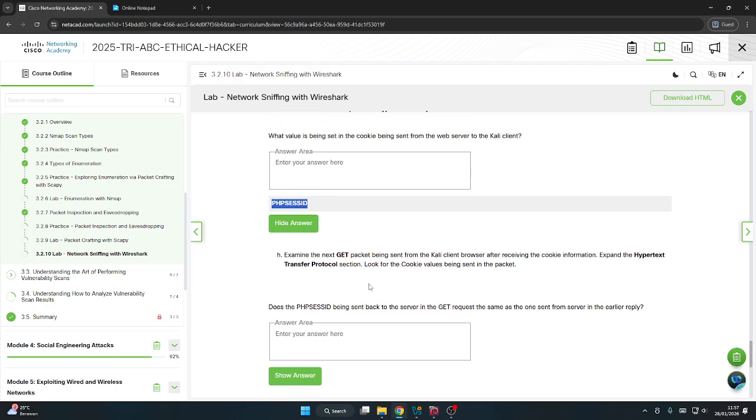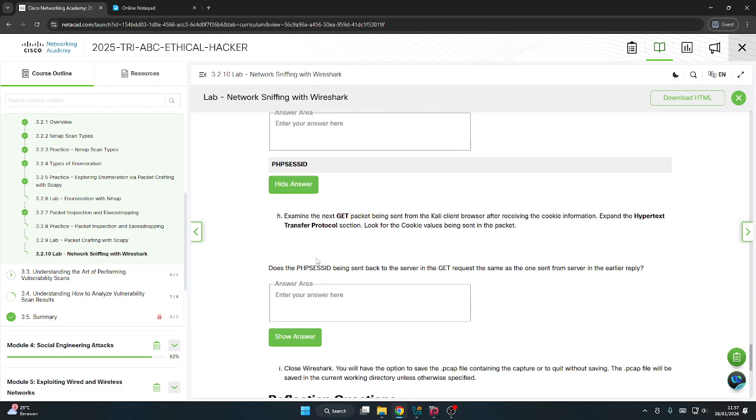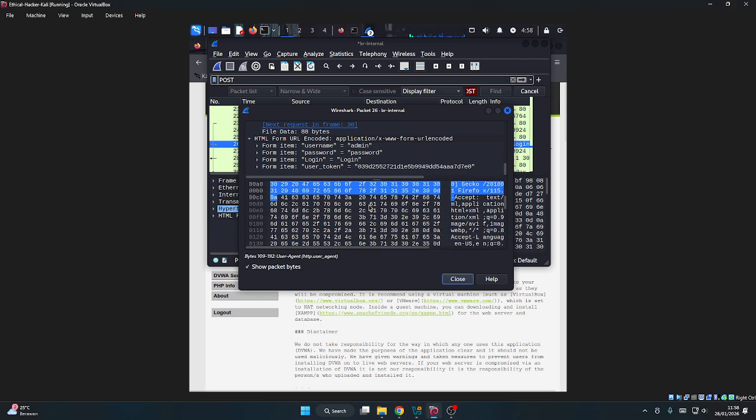The cookie being sent from the web server is using PHPSESSID. Examine the next GET packet being sent from the Kali client browser after receiving the cookie information. Expand the Hypertext Transfer Protocol section. Look out for the cookie values being sent in the packet.